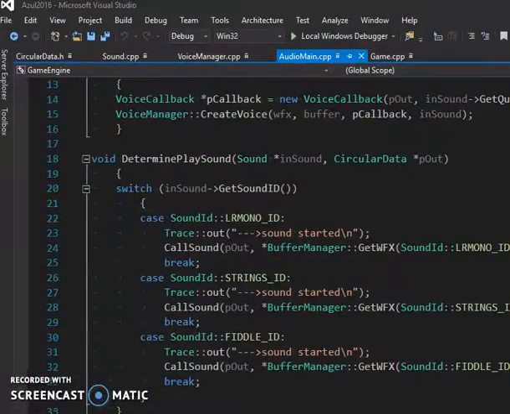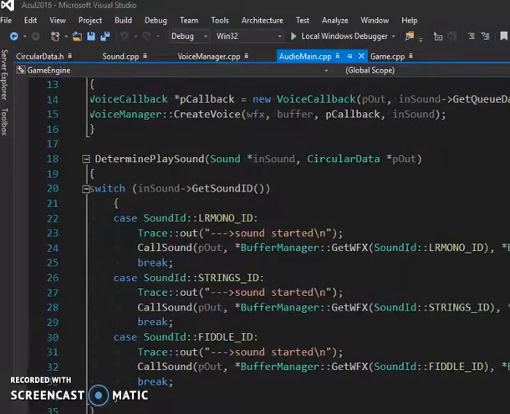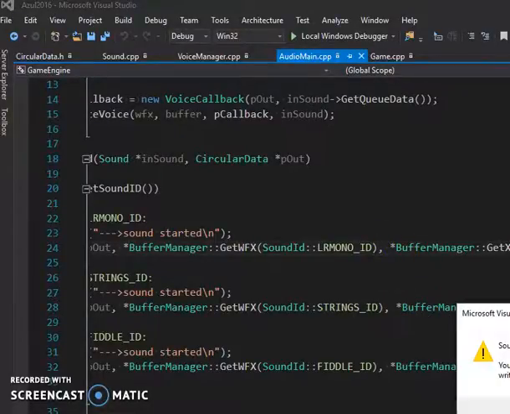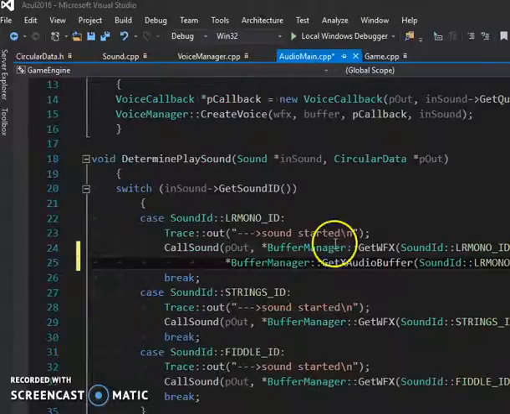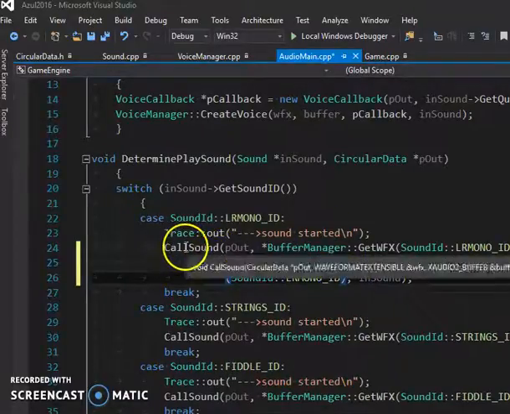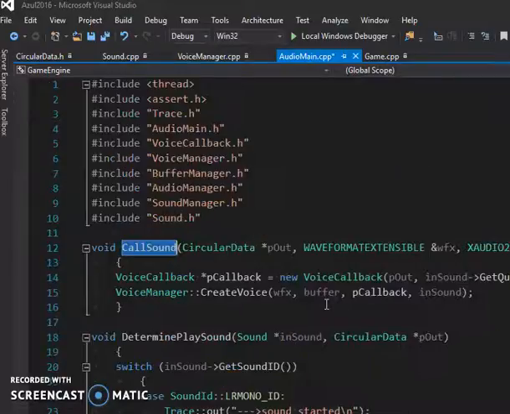Let me zoom in a little bit. I call the sound, and I'm using my buffer manager to get the wave file as well as the XAudio2 buffer, and passing in the sound as well, because I'm making sure that when the voices get created,